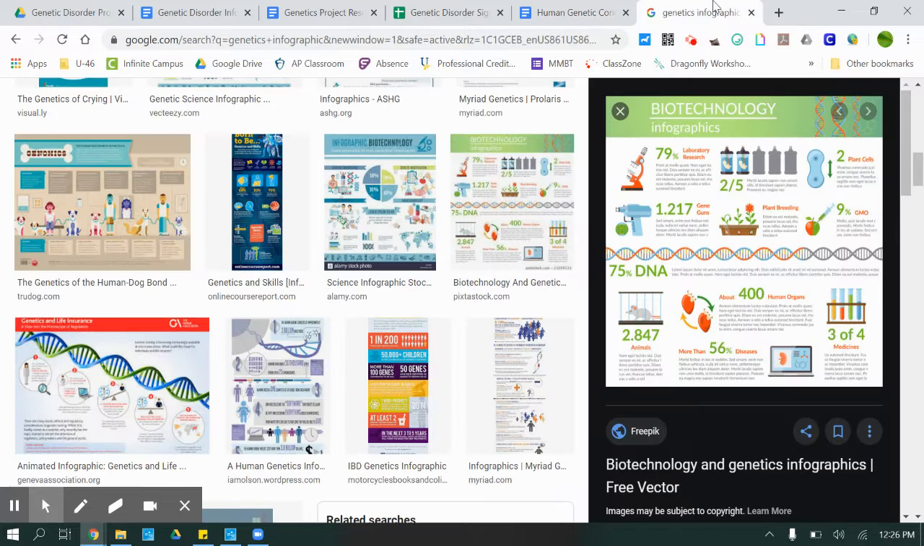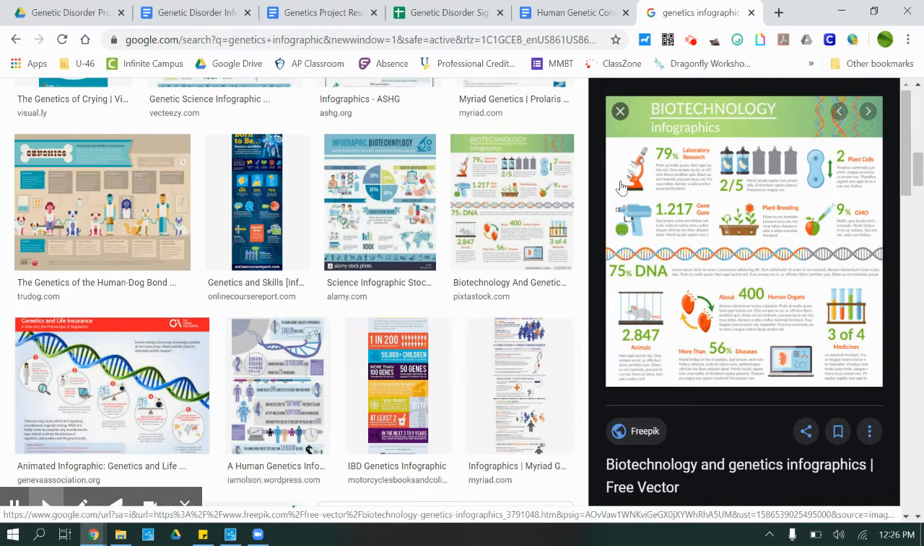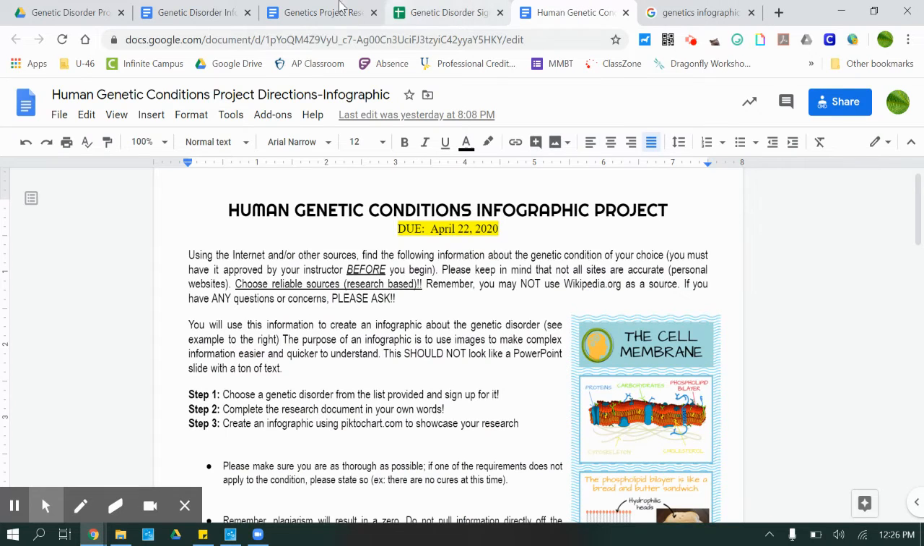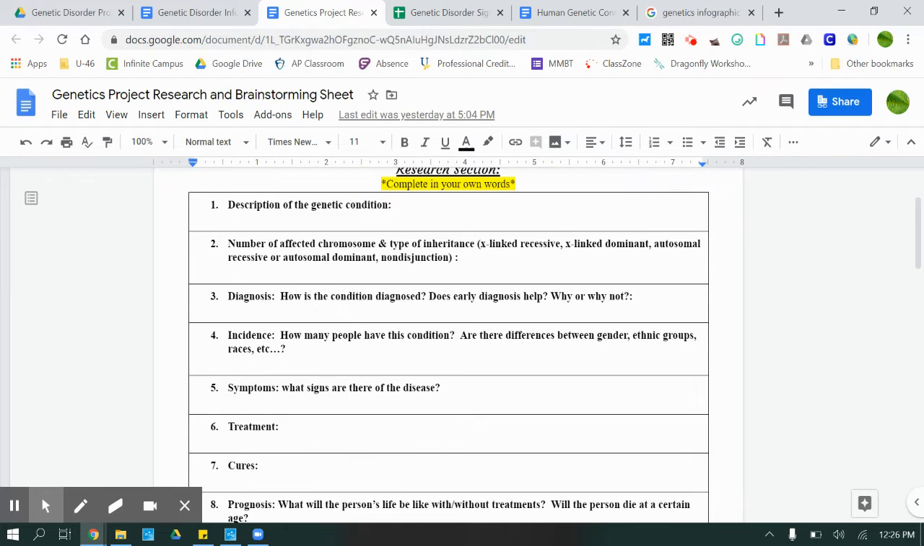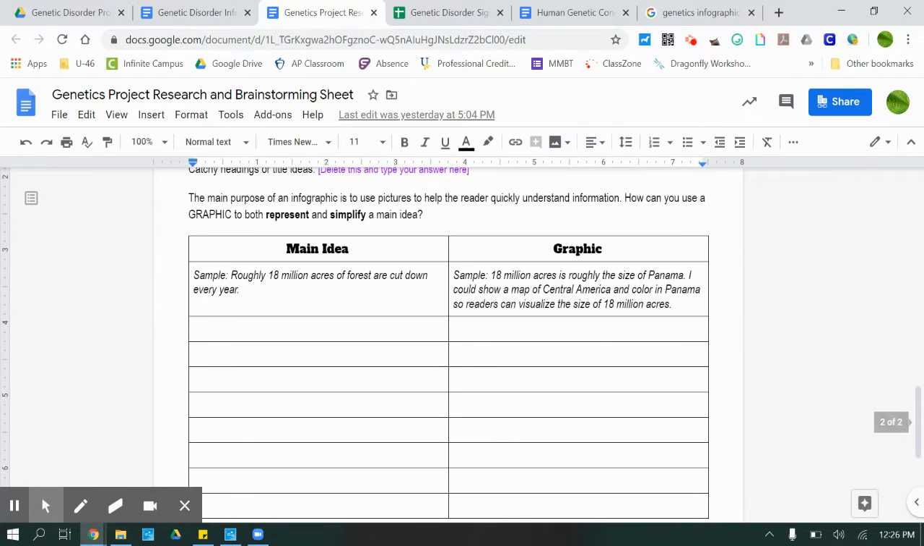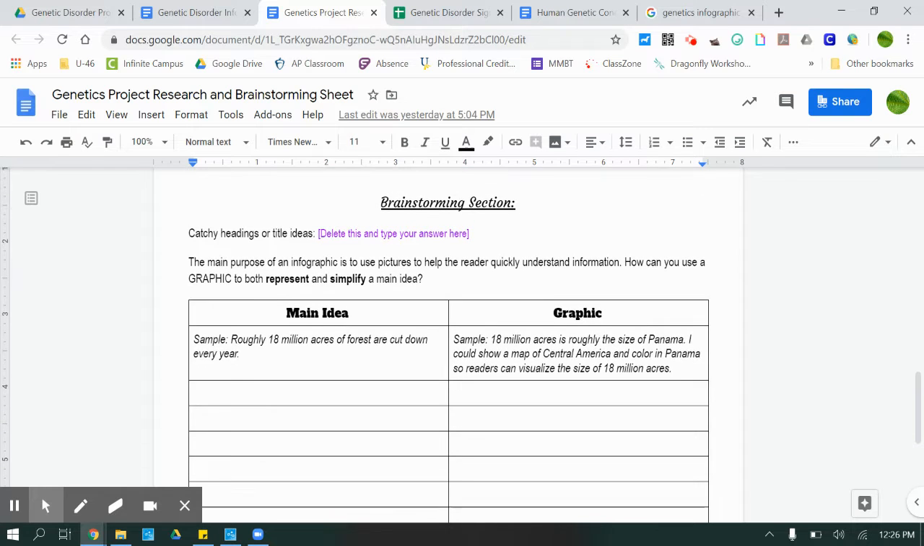So the big thing with infographics is that you're focusing on main ideas. You'll notice that each one of these has its own section, and it's a main idea. With your research, you've already chunked these, or I've helped you chunk them into main ideas. So now with the brainstorming section,